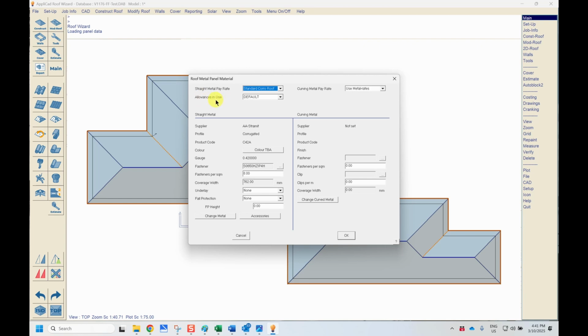Now this becomes important, especially when you're re-roofing and your guys go out and measure up the roof. You'll find a lot of them will actually measure the roof and then apply what they believe to be the appropriate allowance to overhang into the gutter and set back from the hip and ridge and all of that. What you've got to try and do is educate them on the process that indeed they shouldn't do that. Just measure the roof, and I will take care of the allowances using the software to help me with that. And to highlight how that all works, if we cancel out of there,